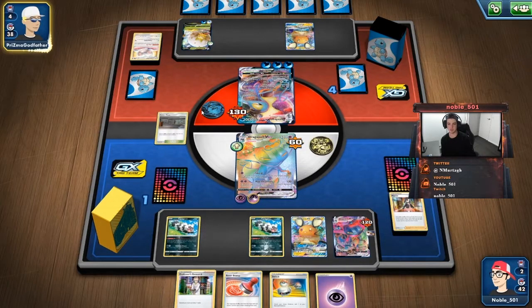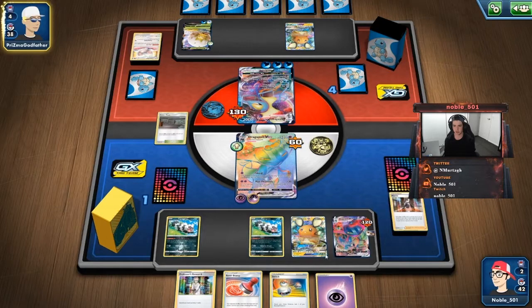So Team Yell Grunt maybe for energy denial, because at the end of the day, if I don't have these 2 energy, I lose the game. He's all out of Hammers, that's not an option. He's all out of Yell Grunts, that's not an option. So the only way of removing energy from him right now is that, oh